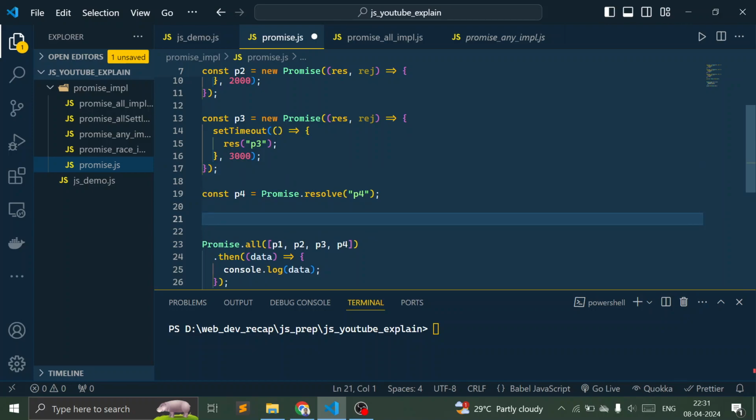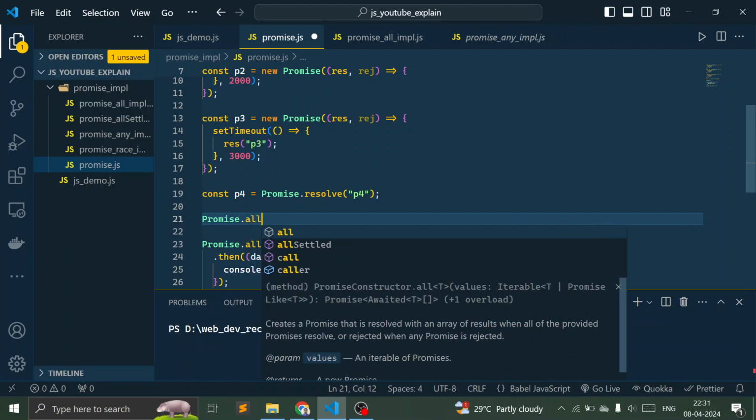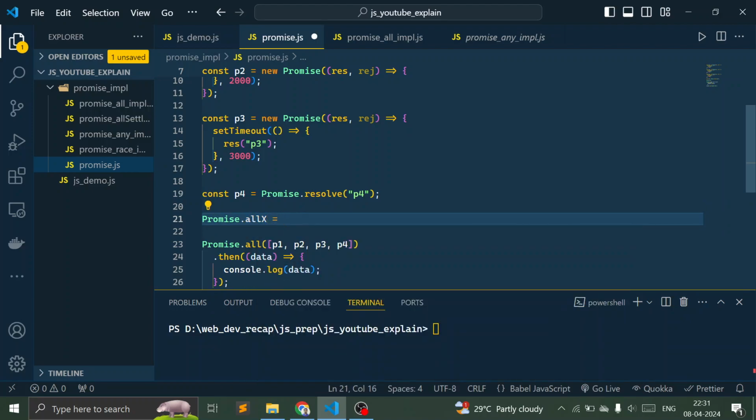For that, let me add a functionality which is Promise.allX, for our convenience, so that this is a method which is like Promise.all but implemented on our own. I'm actually making an attribute on the Promise object inside JavaScript, and I am initializing it with allCustom. What is this allCustom? This allCustom is a function